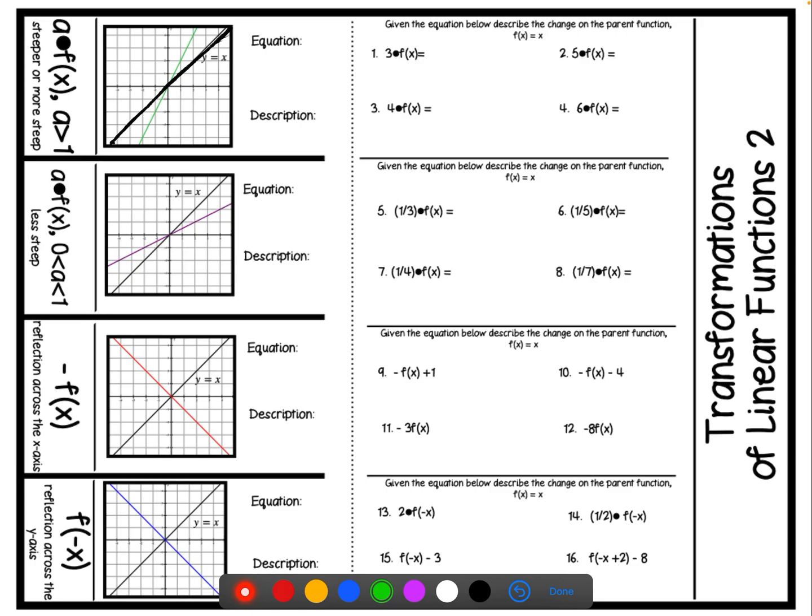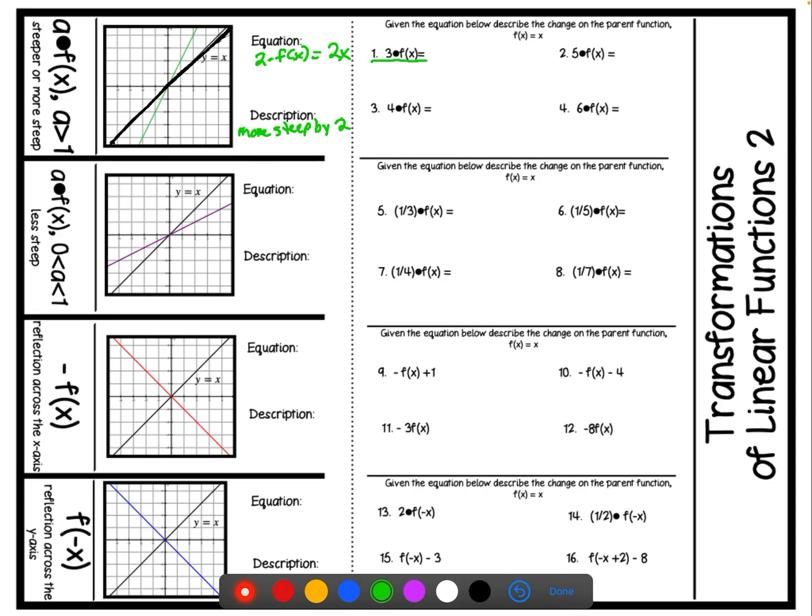And that's because the equation here is 2 times our parent function, x. And that just means it's 2x. So whenever we have a number greater than 1, it is more steep. So we say it is more steep by 2. So when we have these examples here and we're trying to describe what's happening, for instance, for number